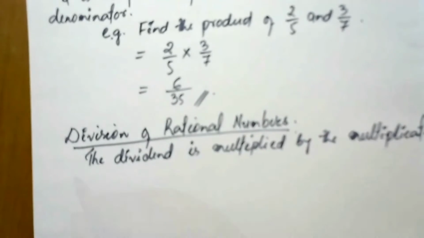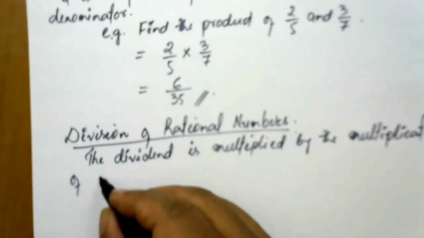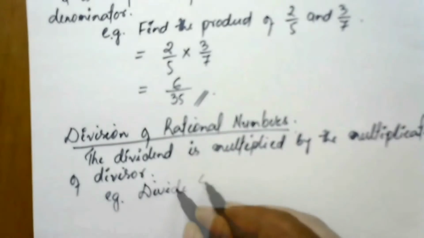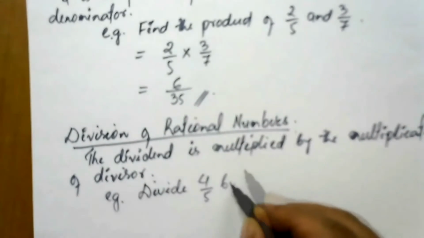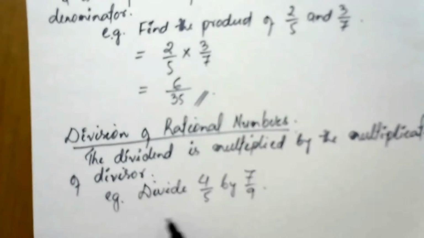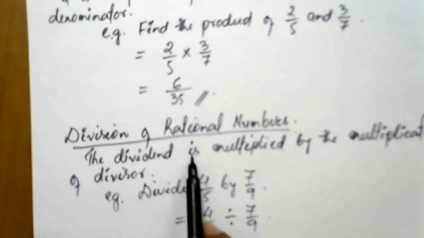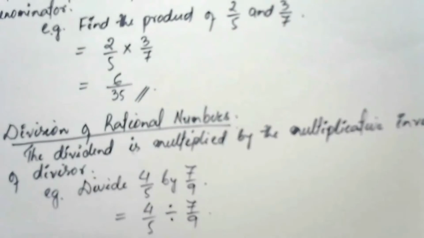Multiplicative inverse of divisor. Example, let's say divide 4 by 5 by 7 by 9. This is equal to 4 by 5 divided by 7 by 9. So we need to change this into multiplication. The dividend is multiplied by the multiplicative inverse of the divisor. That means 4 by 5 into